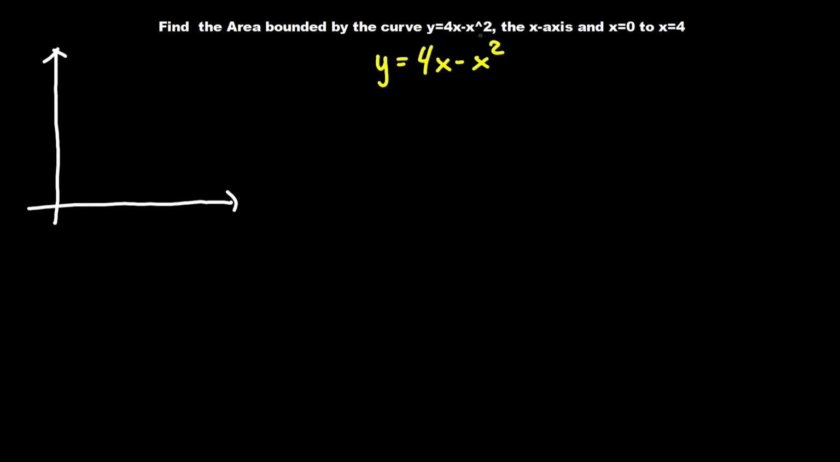Let us move on to the next example. Find the area bounded by the curve y equal 4x minus x squared, the x-axis, and x equals 0 to x equal 4. So, first let us plot and graph the curve first in order to visualize what is going on. Our curve here is y equal 4x minus x squared. So, using the x and y table,